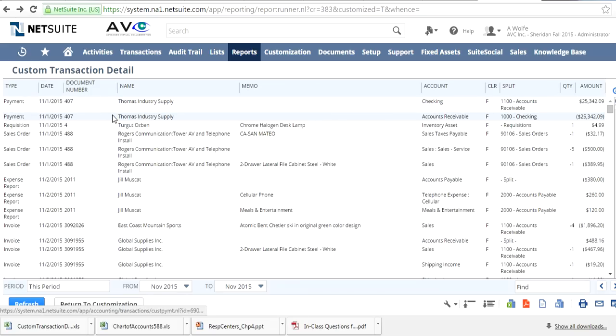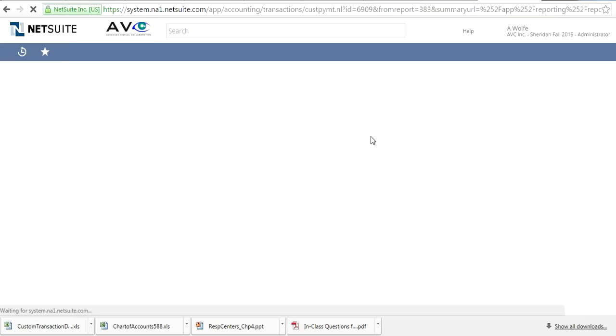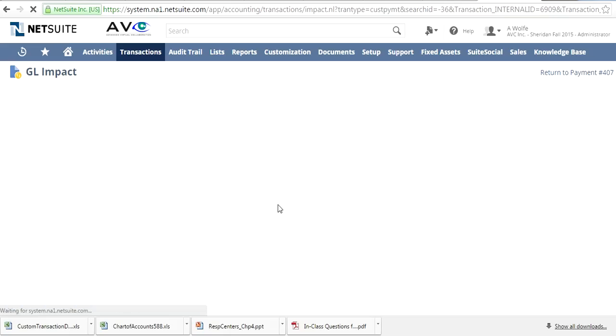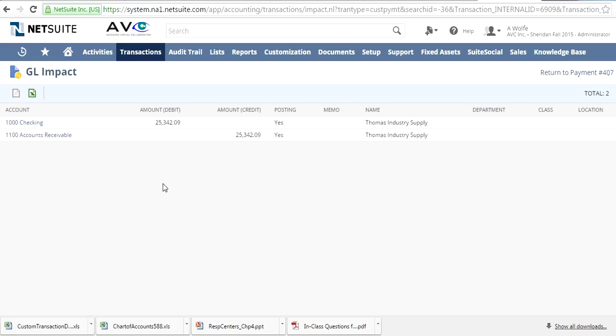Okay, so this one, accounts receivable, we click on it to view the transaction record, and we go Actions, GL Impact. What we see here is a journal entry where someone debited the checking account and credited $1,100. So what happens is, if you're trying to post a payment, in theory, right, accounts receivable, when we want